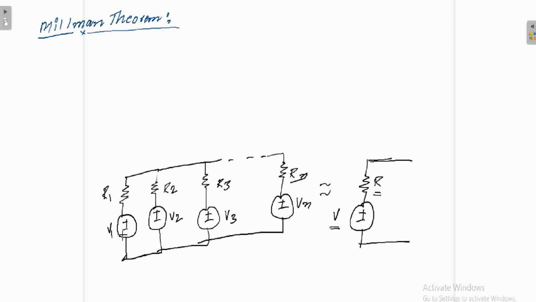It is not necessary that you always have positive and negative, positive and negative. In a network or in a problem, you may have negative or positive here, negative or positive here. Positive, negative or negative, positive, anything is allowed for a voltage source.